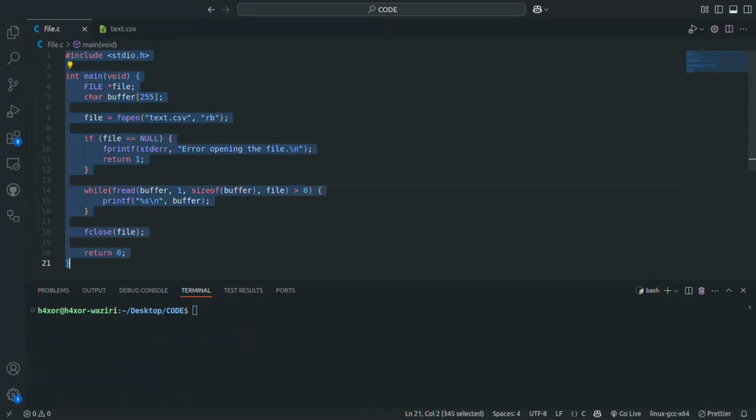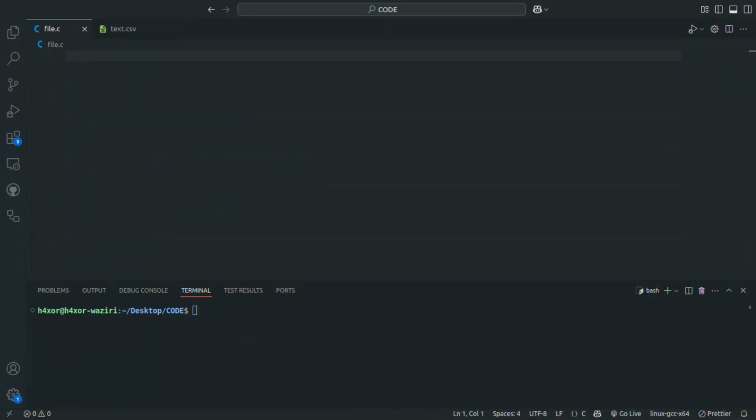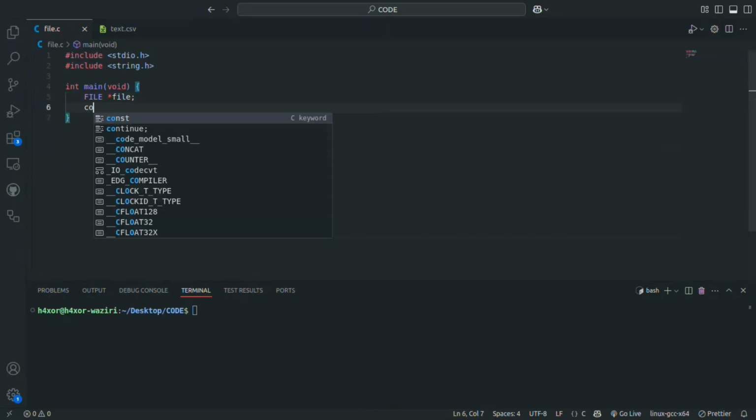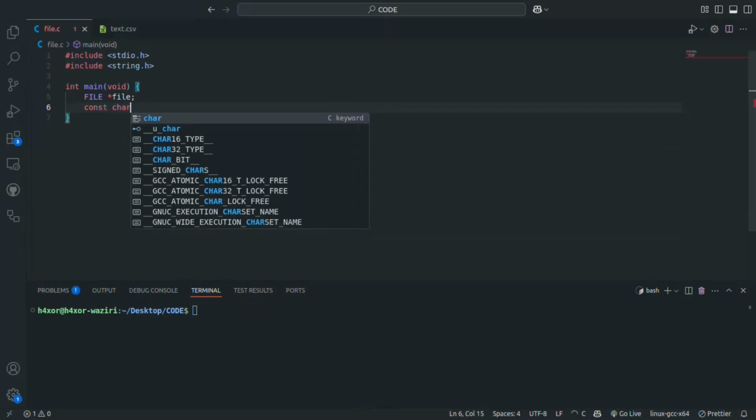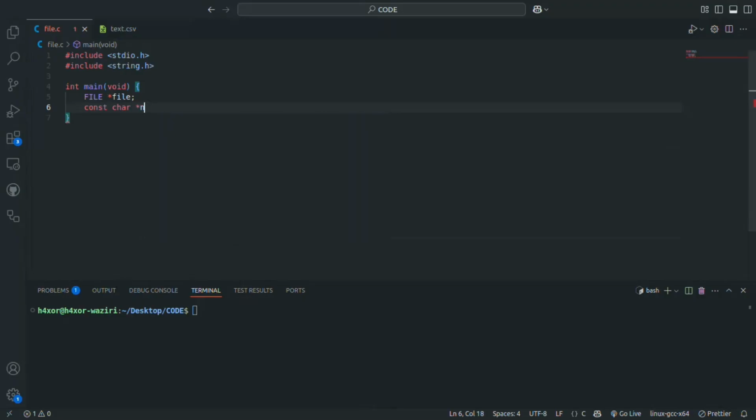Now I will clear all of this and implement another version. #include <stdio.h>, then #include <string.h>, then int main(void), and inside curly braces, FILE *file; then const char *new_entry = "Jack, 78 kg\n";